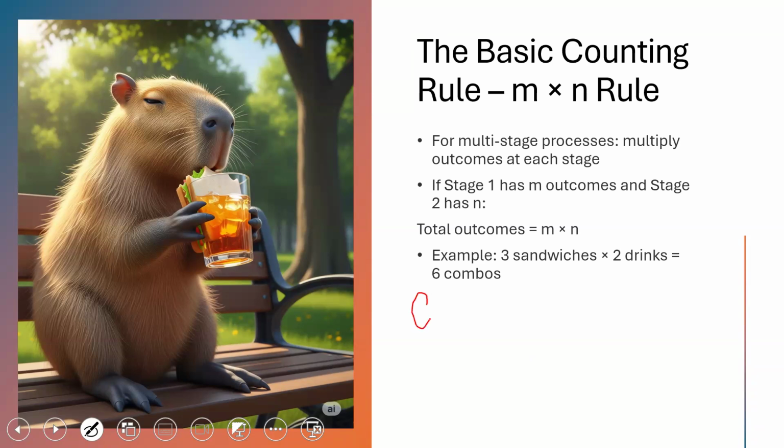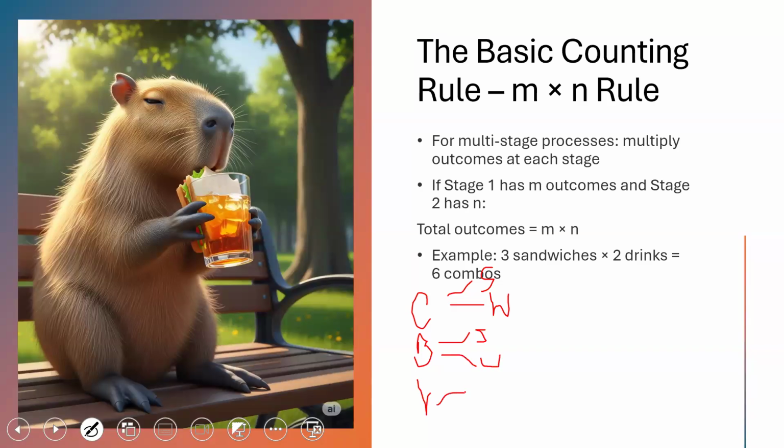We have chicken, beef, and veggie. And there are 2 drink options, soda and water. So I can build combos by picking 1 sandwich and 1 drink. Now I want to know how many unique